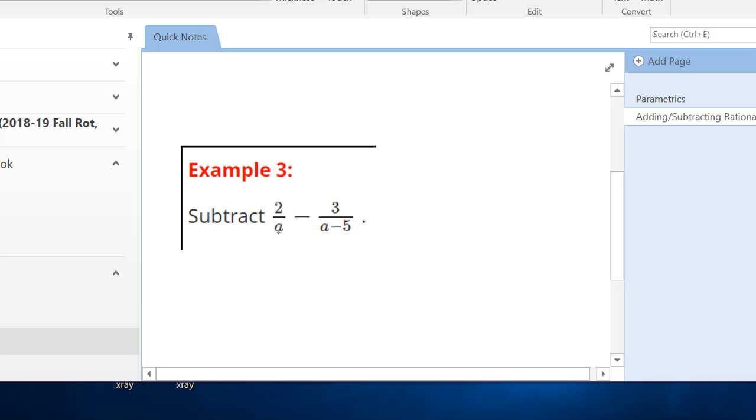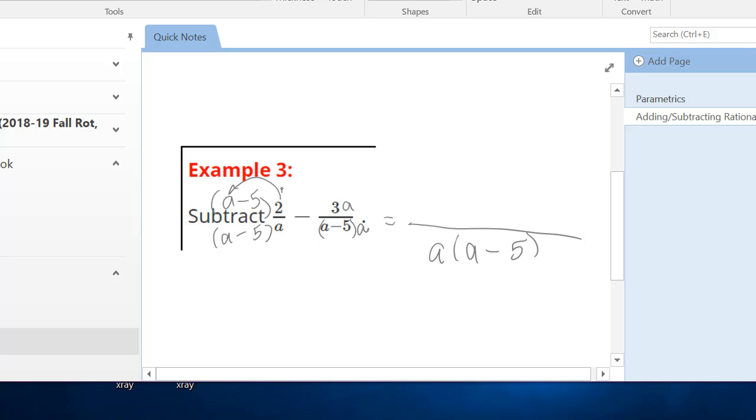Common denominator, oftentimes with variables, it's just the product of those two. So I need a times a minus 5. So I need to do a minus 5 top and bottom here, and I need to do a top and bottom there. So my common denominator is a times a minus 5,